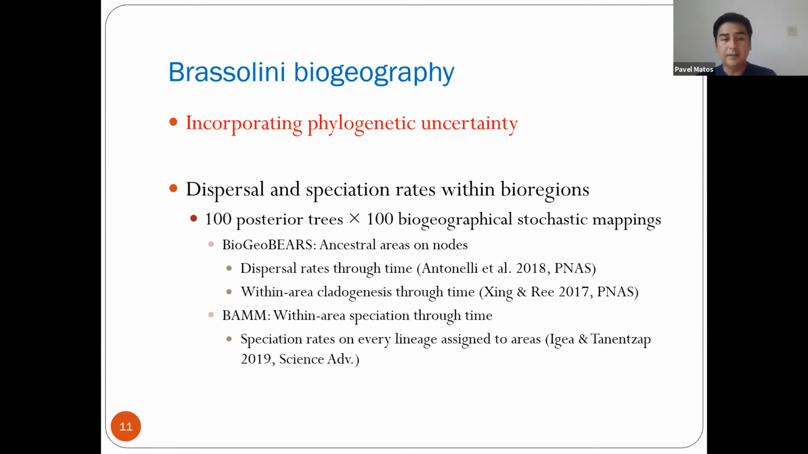For that, we used again the DEC model implemented in the R package BioGeoBEARS, but the DEC model can also be found in programs like Lagrange, where it was originally implemented, and RevBayes. And we estimated dispersal rates through time as previously done, for example, in Antonelli et al. And we also estimated within-area cladogenesis through time. This means that for each split in the phylogeny, we count how many times this split is happening within one region only. So we used the formula described in Xing and Ree, and we estimated this cladogenesis through time,